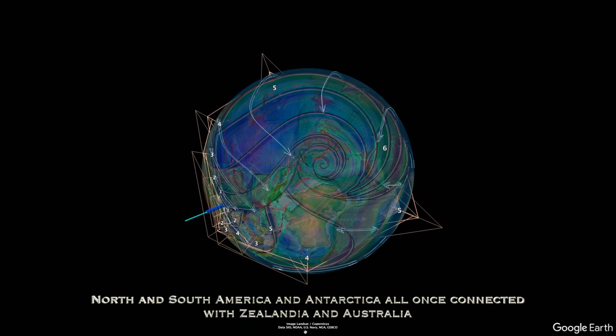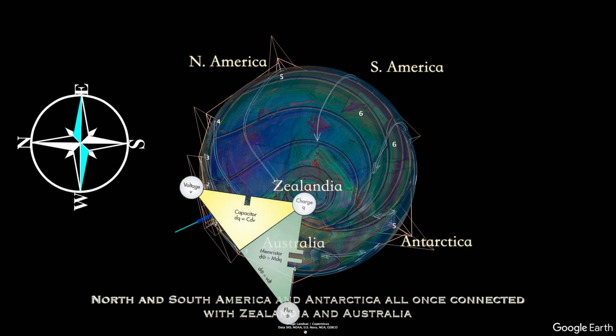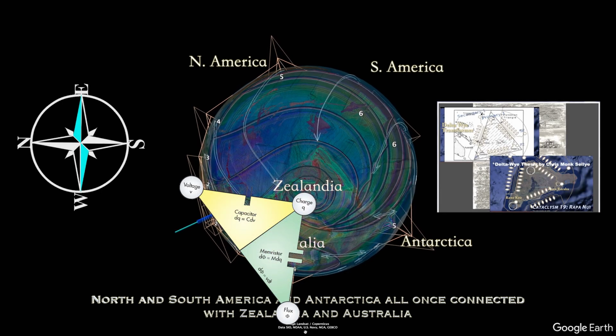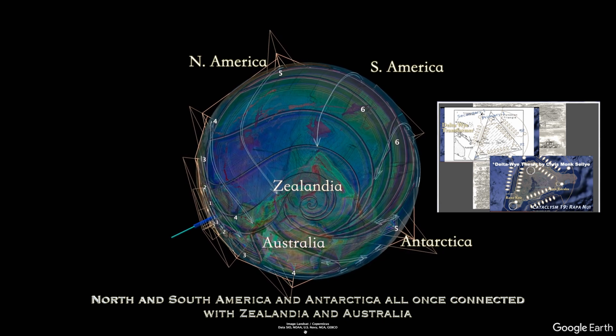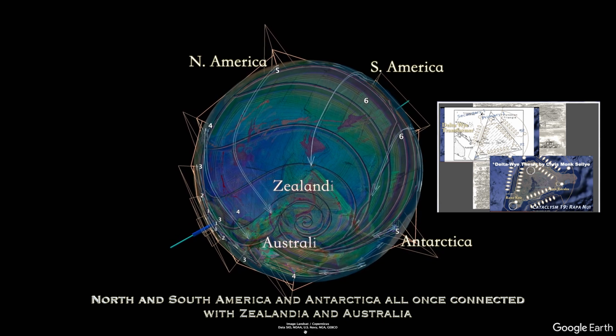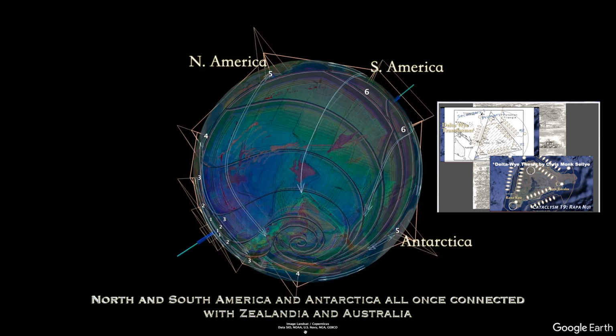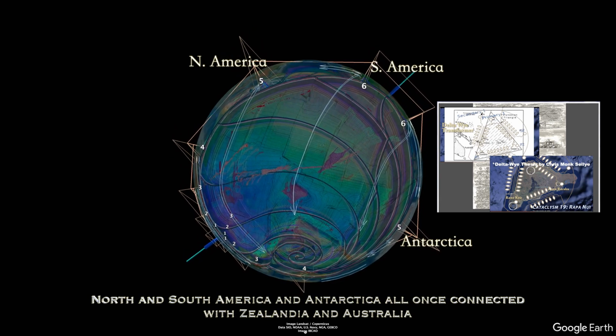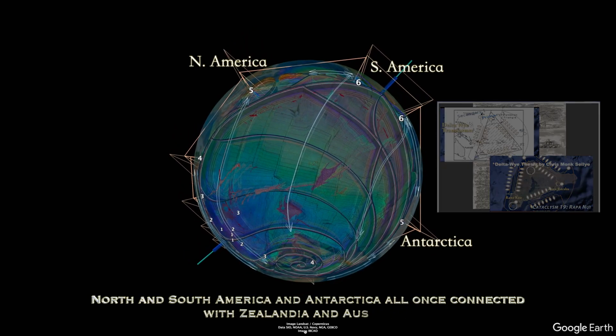To the east of this circuit, the crust acted like a capacitor, expanding east, storing the energy of the impact by forming the delta Y transformer that shaped the Pacific Ocean. The triangle of the delta is why the islands of the Pacific are in the shape of a triangle, called the Polynesian Triangle.